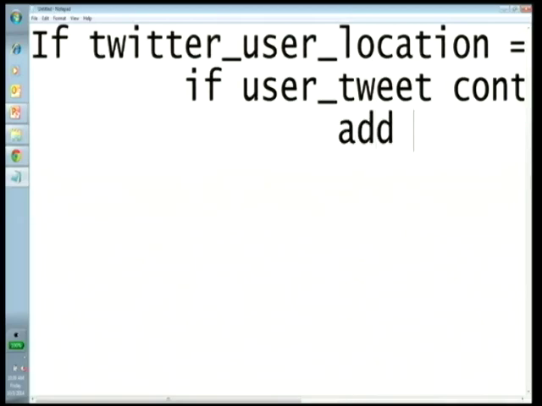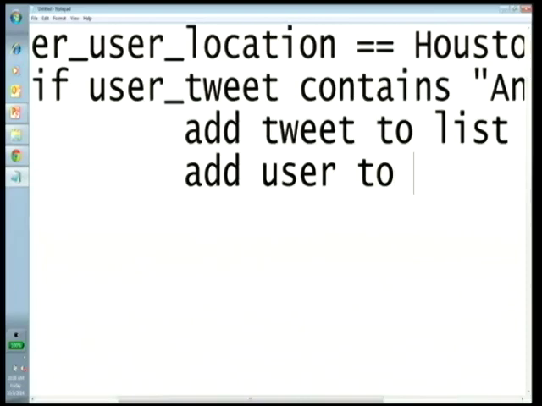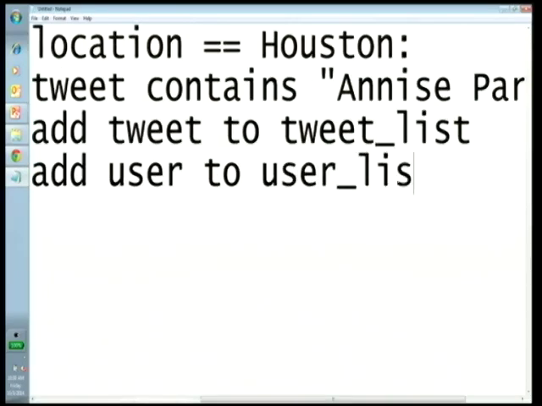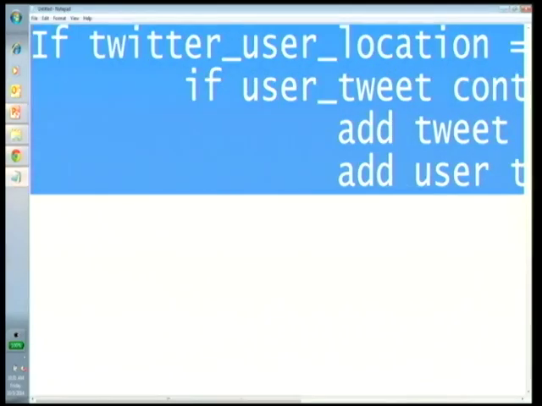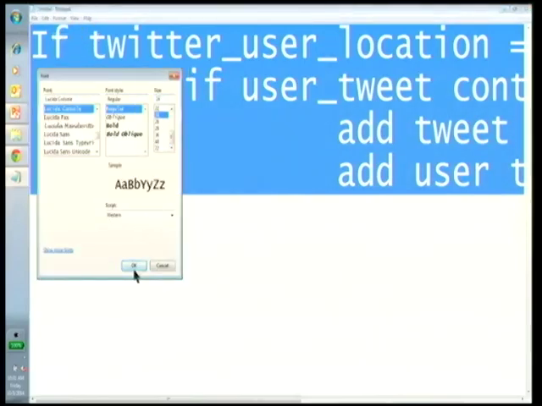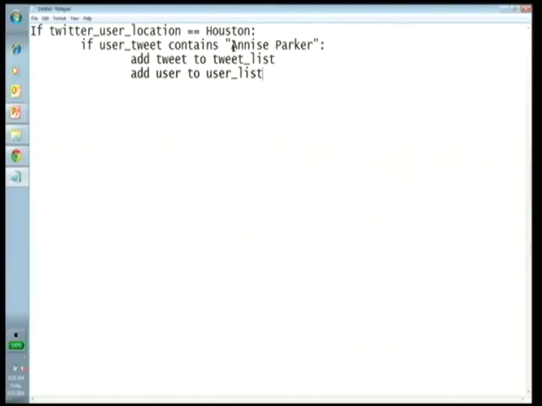Then add tweet to list, add user to user list. So this would be an example of something that a group of politicians would use. They would cycle through social media. They would try to see how many people are talking about their particular candidate. They would want to see what those people are saying about the candidate, whether or not they're favorable,